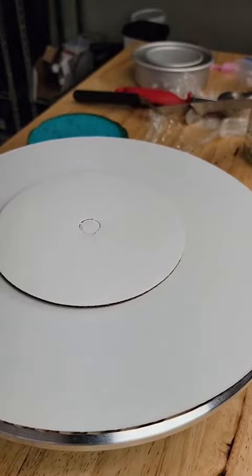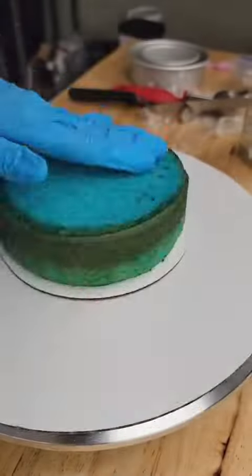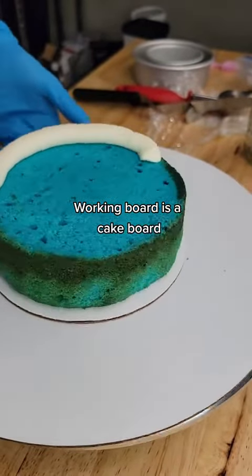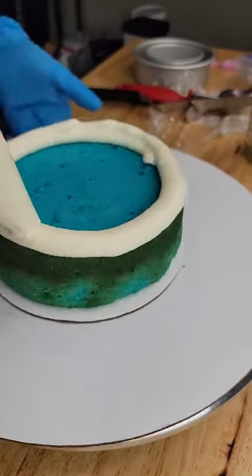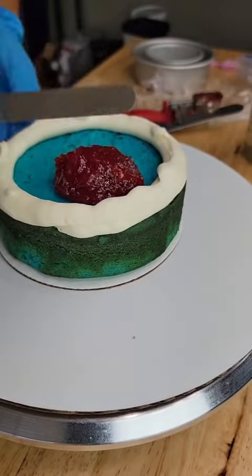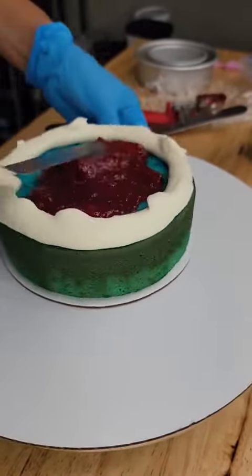I know you're excited about making this new cake, but please help yourself out and use a working board. You may have heard of this already, but a working board is what you actually are stacking the cake on. I know you're probably thinking it's an extra step, an extra expense, but it's going to save you some time